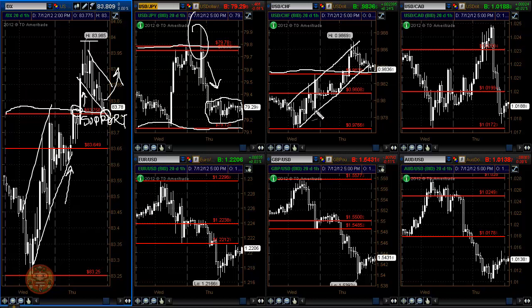And then at the same time, you've got the Swiss franc, which basically mimics the dollar. You see this nice up channel, this bullish channel here on the hourly chart. Right now, a little bit of consolidation towards the end, but we did finish right around yesterday's high. This should be support as well. And of course, you have the Canadian dollar, which was able to break out of yesterday's high, but